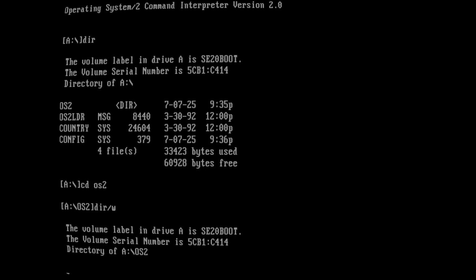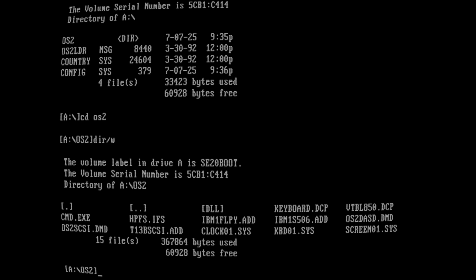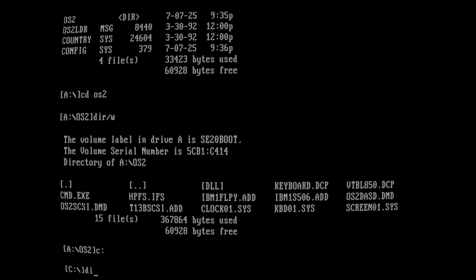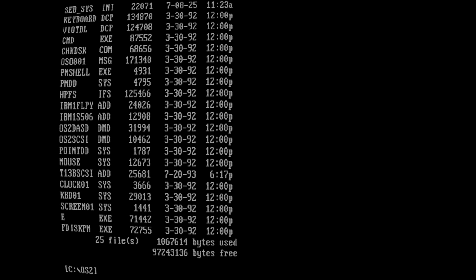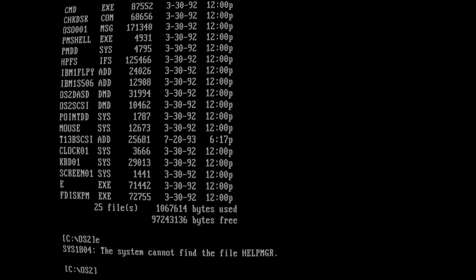So this is what you get in the image. It doesn't really give you too much. You still have like 60 kilobytes left, but there's no programs besides, as you can see, cmd.exe. But it does give you a rescue environment for your system, so you can still access your other stuff. You try running a GUI program, you'll get error messages. But yeah, this is the minimal boot, which is very unuseful